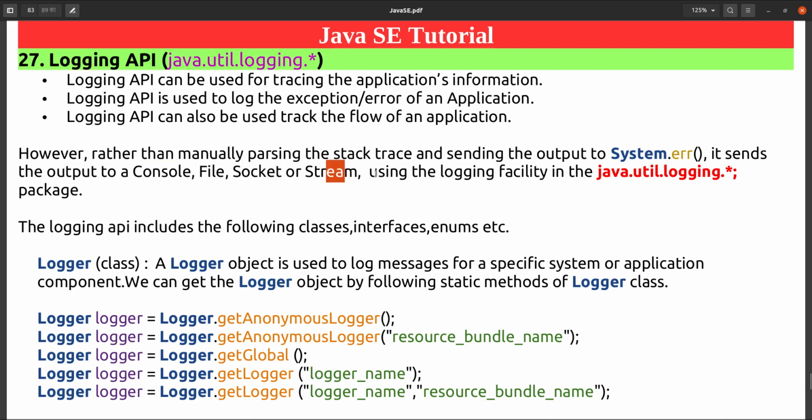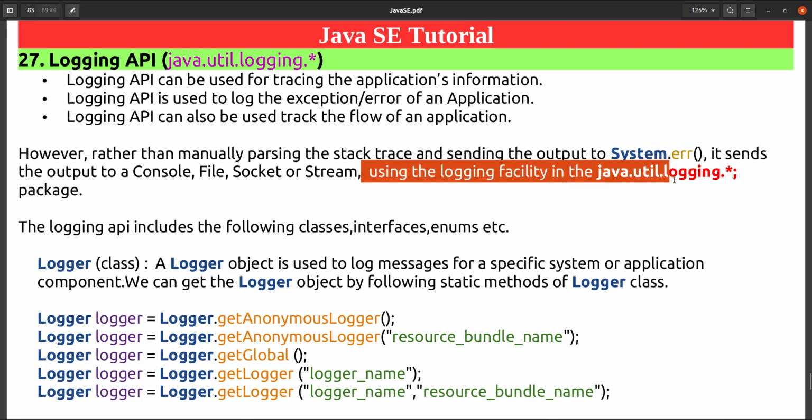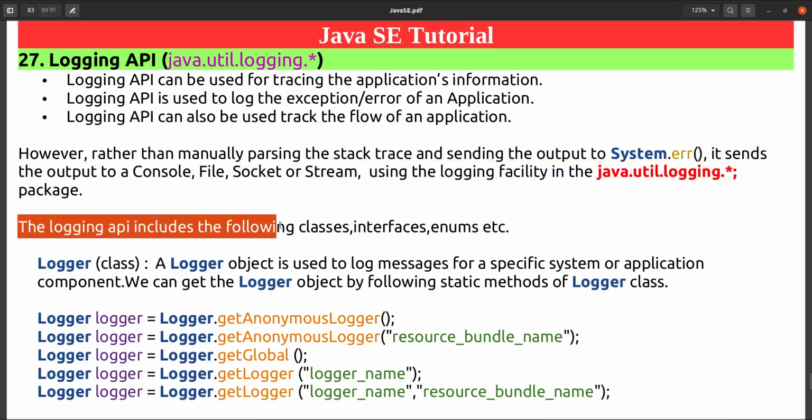Instead of sending the print stack trace to System.err or System.out, send it to a console, file, socket or stream using the logging facility in the java.util.logging package. The logging API includes the following classes, interfaces, enums, etc.